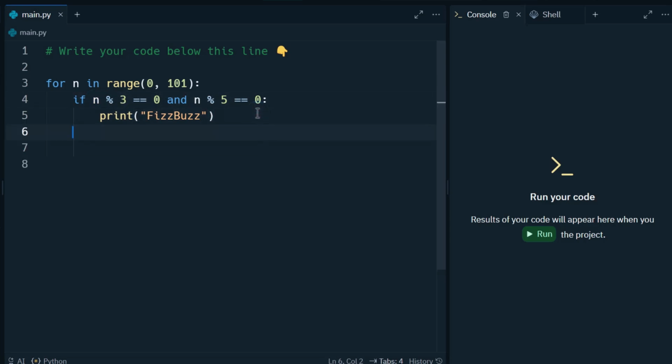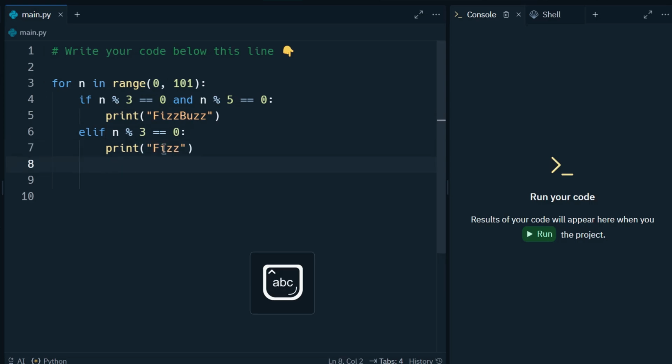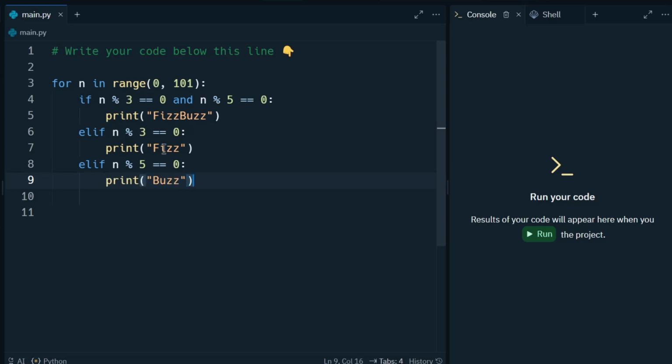5. Now if this is not true, then we are going to use an elif statement and check if the number divided by 3 leaves a remainder of 0, meaning if it is exactly divisible by 3. If it is, then we'll just print out fizz, like so. And finally, we are going to check if the number is completely divisible by 5. If it is, then we will just print out buzz. And if none of these cases are true, the else statement will just print out n, meaning the number